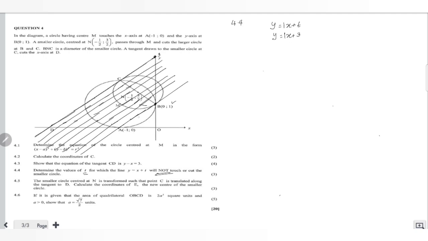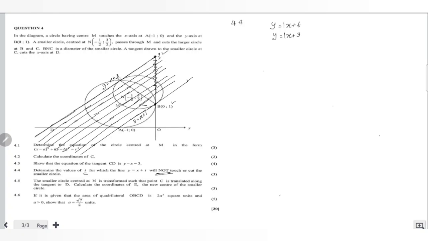That is y is equal to x plus 1. This one is y is equal to x plus 3. These are the two lines with the same gradient, touch only 1 point, and the t values are 3 and 1, isn't it? In between those two lines, any line with the same gradient, if you draw it, t values